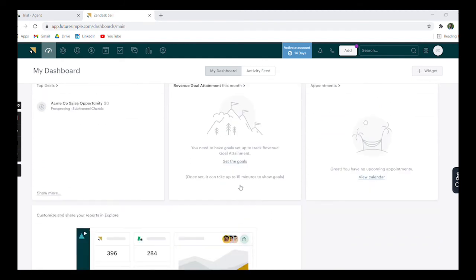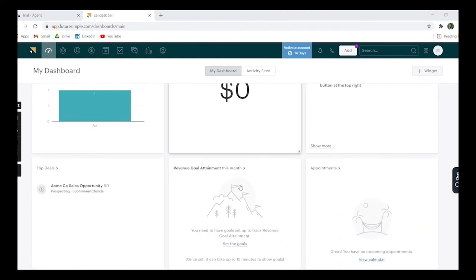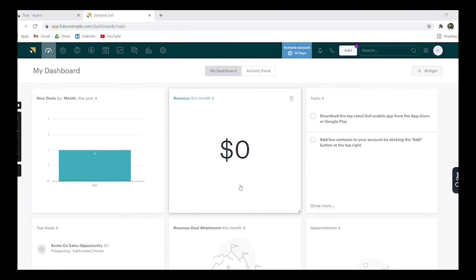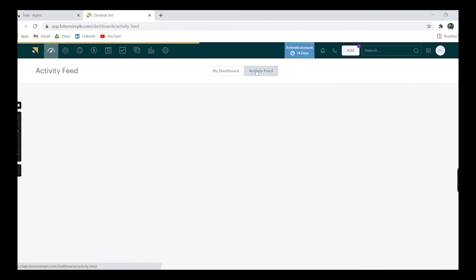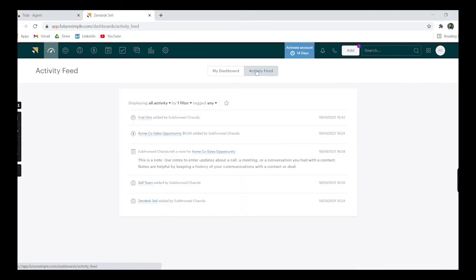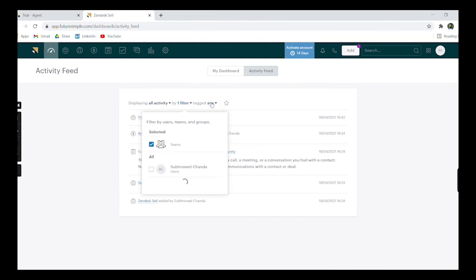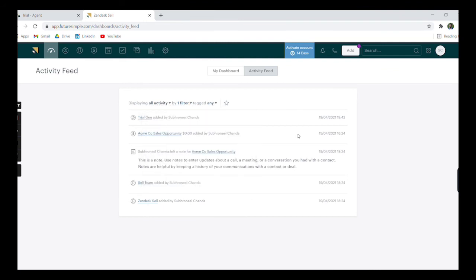You can customize this page to represent pretty much any information that is going to be relevant in this particular case. There is also the option to click on the activity feed, which allows any agent to view the activities that have been going on over a period of time, and also provides customization in the form of filters, which is you can click on any activity, any filter stage, or anything as such which is more relevant to your respective purpose and assign it accordingly.